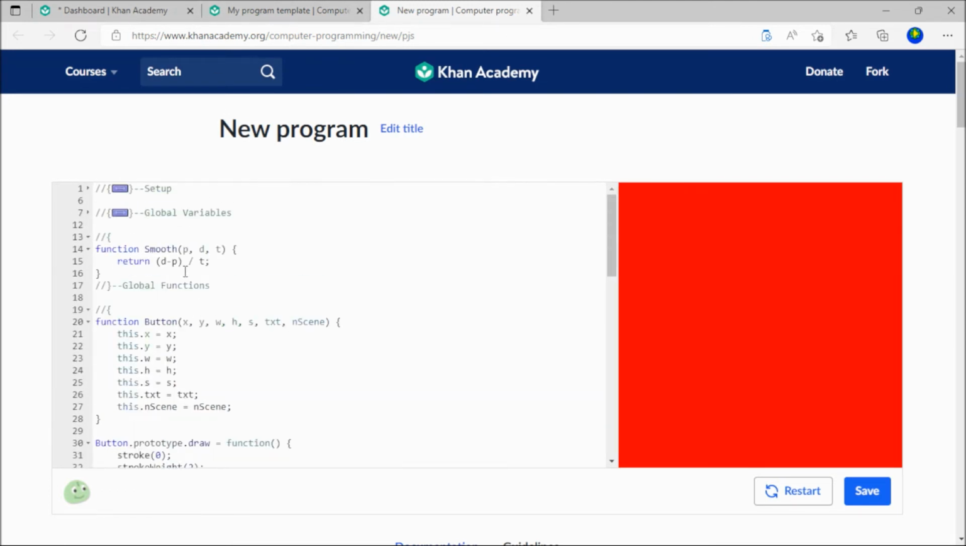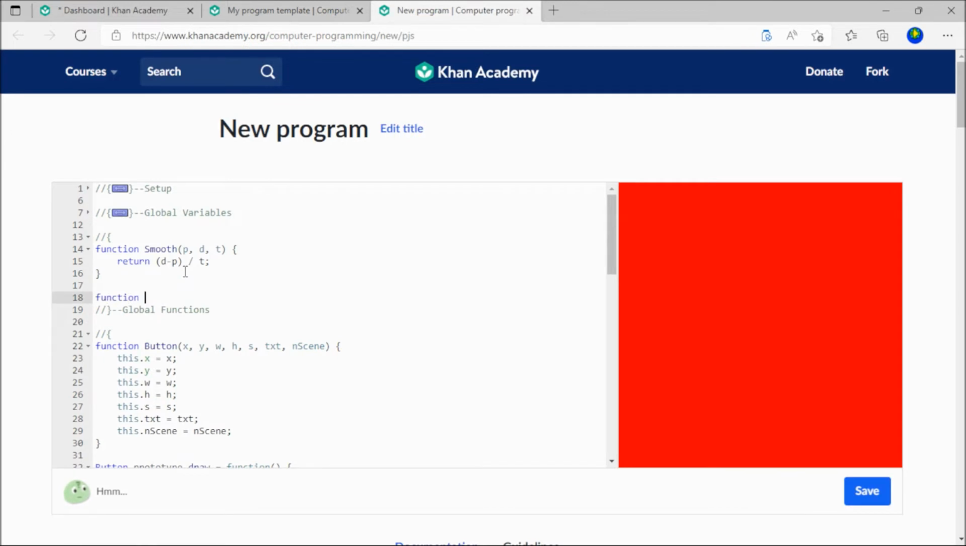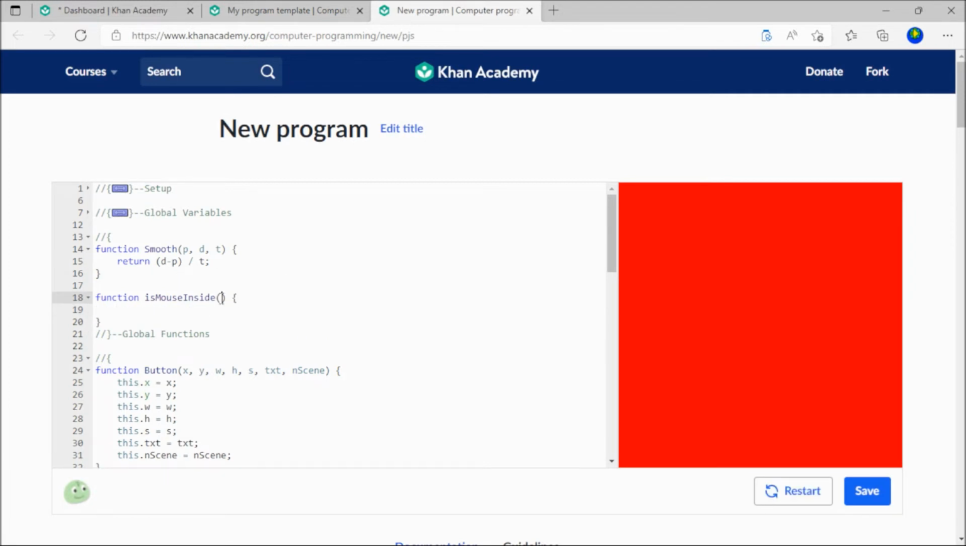And now we're going to write a function up here called is mouse inside. This will be the function that checks if a mouse is inside a button. We're just going to write the parameter btn for button, and then we're going to write return mouse x is more than btn.x minus btn.width divided by 2, and mouse x is less than btn.x